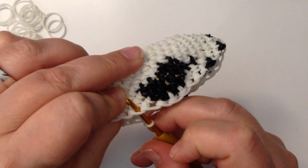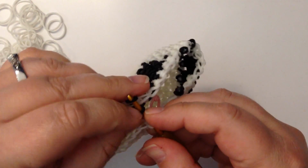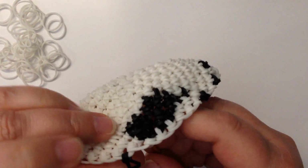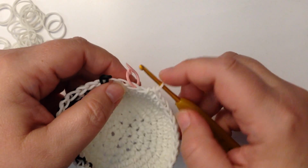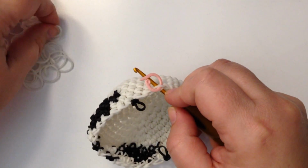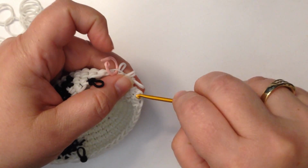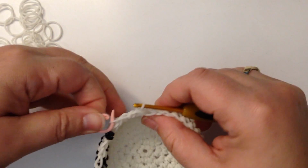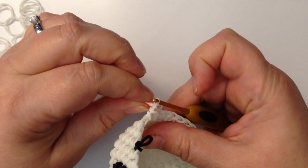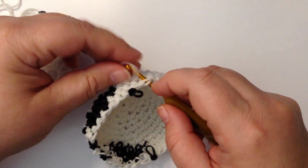I'm going to go to the other side and put a black band here, one over from where that band would be. Okay, so let's go into our first stitch. It's number 1, and I'm busy unraveling everything. Change your stitch marker to that stitch. 2,